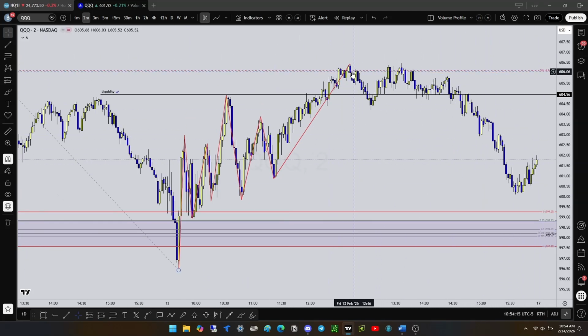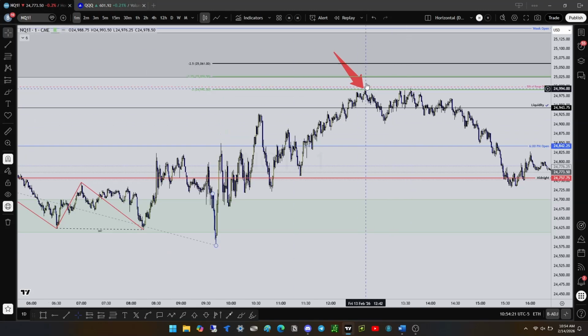50% of the range. We tapped that. Did NQ hit 50% of the range? Let's look. It did not. It came just short, okay? But QQQ did. So the whole point of what I'm getting at right here before we dive into my specific strategies is